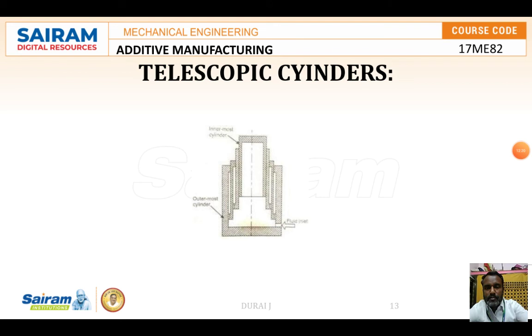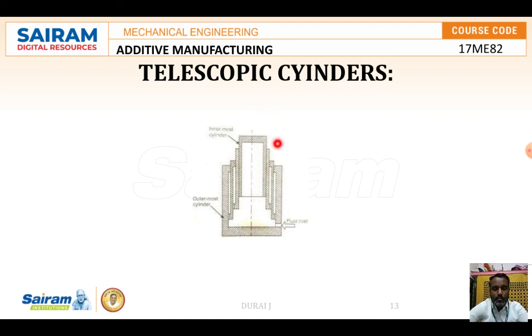Then comes the telescopic cylinder. It is like a normal car antenna, the kind they keep on the outside of cars. So once the fluid enters over here, first it reaches here, and this particular portion moves first. After it reaches there, the pressure keeps coming, and this next section moves upward.